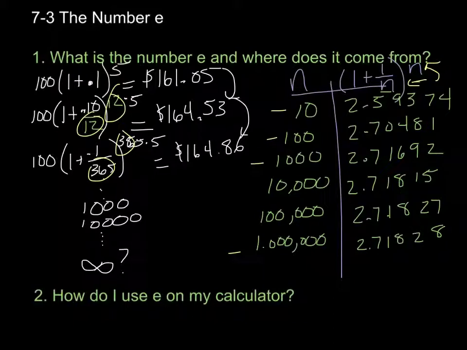Here I have 2.5, and that jumps to 2.7. So a little bit of a change, 0.2. Notice the next one, it sticks at 2.7. Okay, 2.716. Then it goes to 2.718, and then it stays at 2.718. 2.71815, 2.71827, 2.71828. The change that we see from number to number is getting smaller and smaller and smaller. And it turns out that the bigger we go, this number will approach the number e, which is approximately